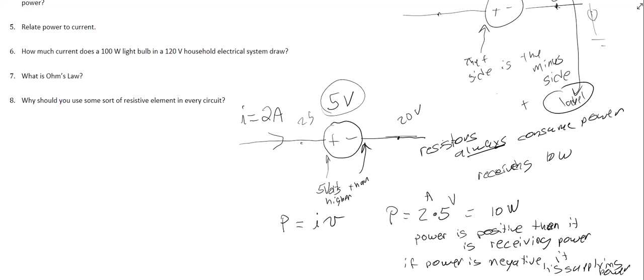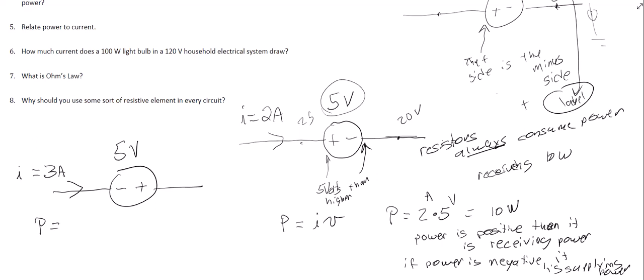Voltage sources, even though it sounds like, well, wouldn't they be supplying power? Voltage sources can receive power because you can charge them. So if you have a battery and you're charging it, it's receiving power. So if I had this situation where I have a 3 amp current, but now it's entering into the negative side of my voltage source,